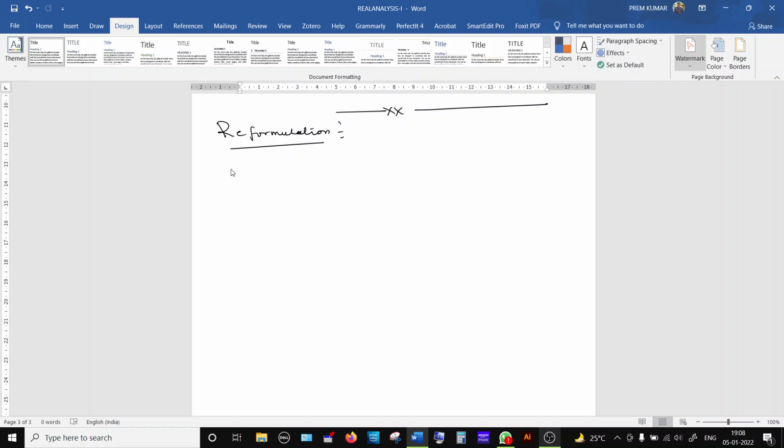So now, first, the definition of continuity. A function continuous at the point A. If I say that a function is continuous at the point A, then I can write this: whenever x comes very close to A, f of x comes very close to f of A. This is true. And as per the definition,